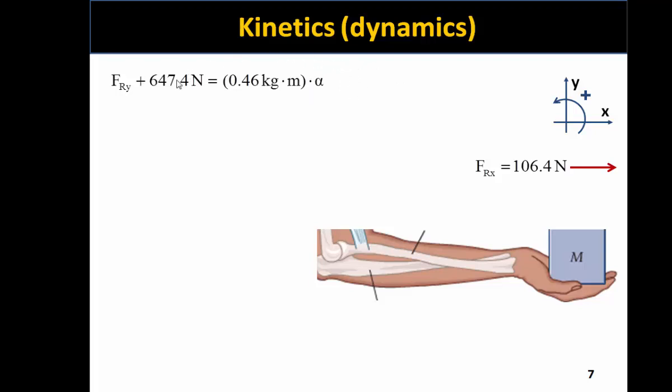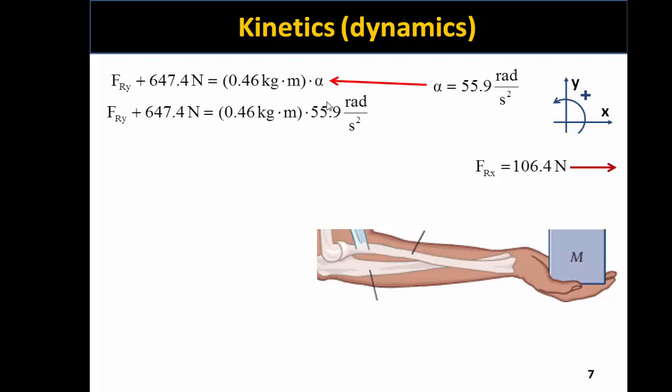We're now able to go back and substitute that value for alpha, and now we've rendered our first problem one that we can solve, because we only have one last unknown variable. So working through the math, we find a value for F, the reaction force in the y direction, to be